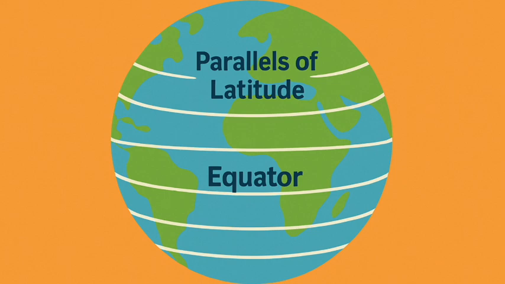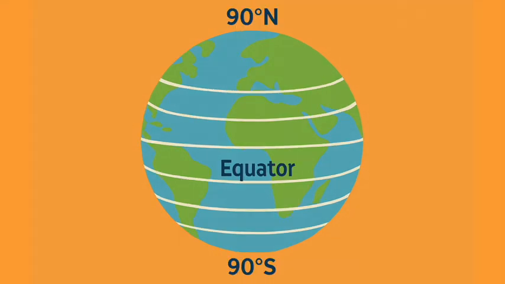Again, it is easy to note on the globe that the largest circle is the equator, while the circles marked by the parallels of latitude grow smaller as we move northward or southward. Latitudes are expressed in degrees. By convention, the equator is latitude 0 degrees, while the latitudes of the two poles are 90 degrees north and 90 degrees south respectively. This is noted 90 degrees N and 90 degrees S.